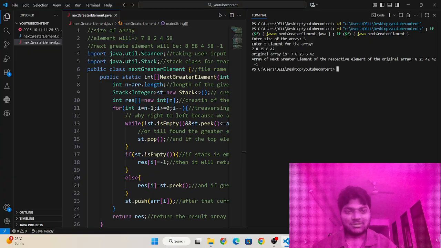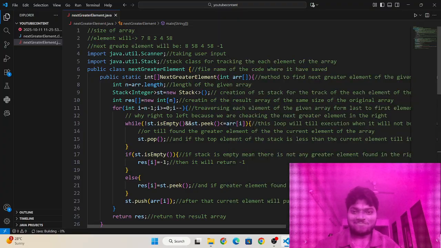so this is the original array: 7, 8, 25, 6, 42, and the array of next greater elements is printed. See, the next greater element of 7 is 8, and of 8 is 25, and of 25 is 42, and of 6 is 42 also. Okay, so it has printed 42 two times here, and the next element of 42 is nothing, so it has printed -1. Okay,